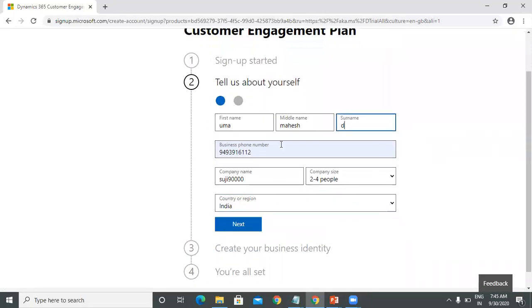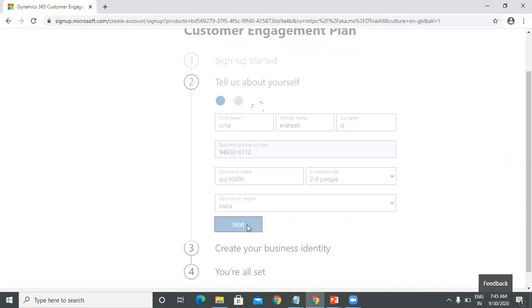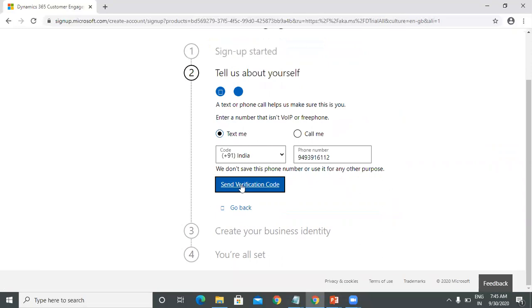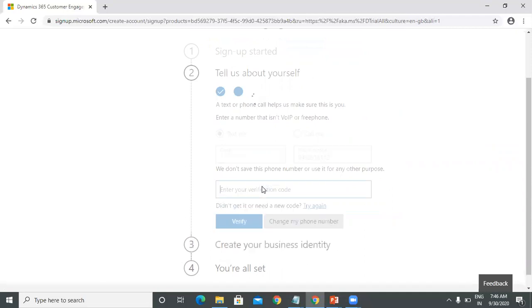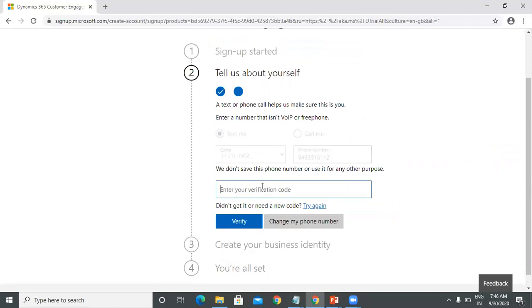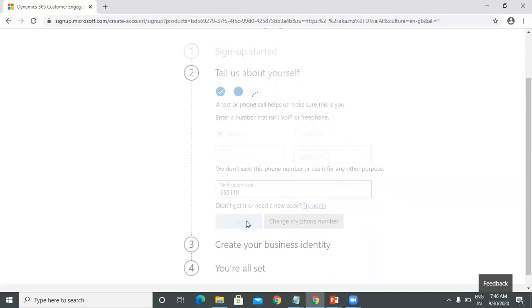Once you have filled in these fields, click on next. It will send a verification code. Once we get this verification code, you can enter it here and click on verify.